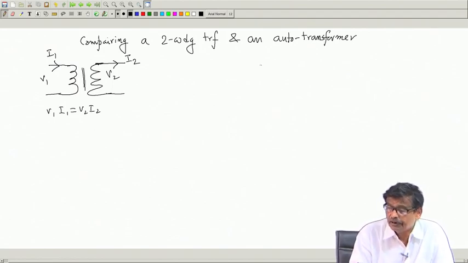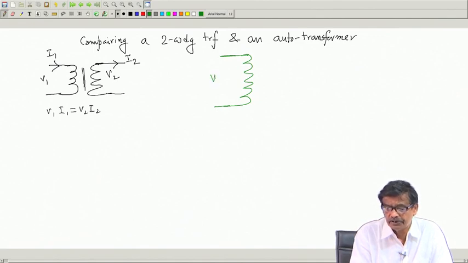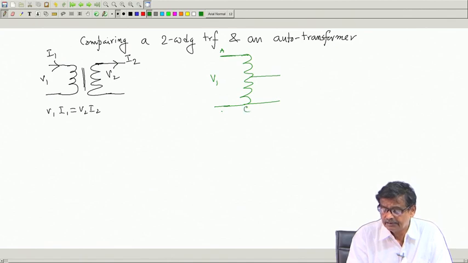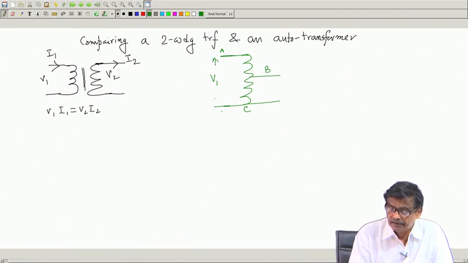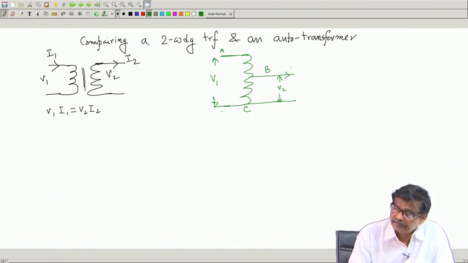Now, the same thing I want to do with an auto transformer. So, I will draw the auto transformer like this. Suppose it is a step down case. Okay. So, V 1 you apply and you take a tapping here, and this terminal is A, this terminal is C and this terminal is B. So, V 1 I will apply, I should get here V 2 and your load should get same current I 2.